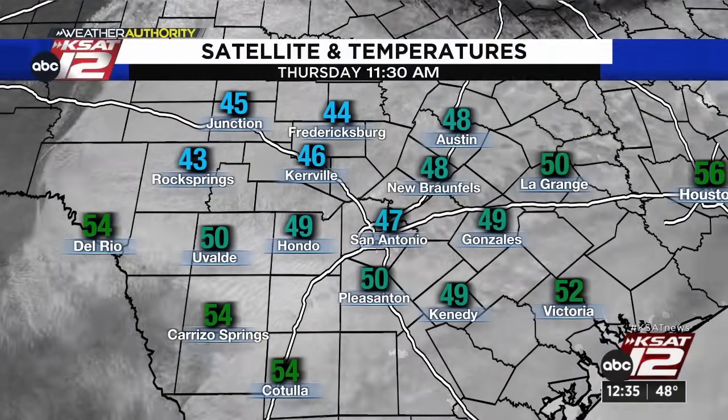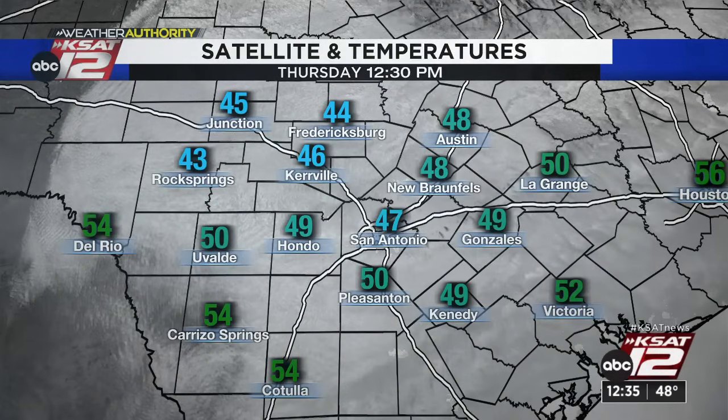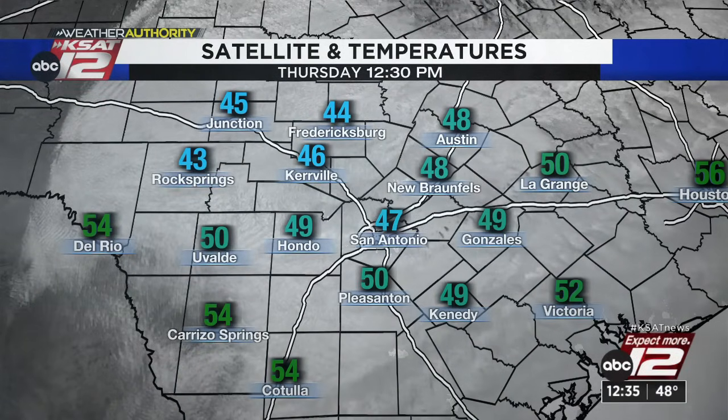Again, we've got the cloud cover in place. I do think we will manage to find a few peaks of sunshine way out west, closer to the Rio Grande for places like Del Rio and Eagle Pass. Already seeing a little bit of a break in the clouds there near Carrizo Springs, where temperatures have warmed into